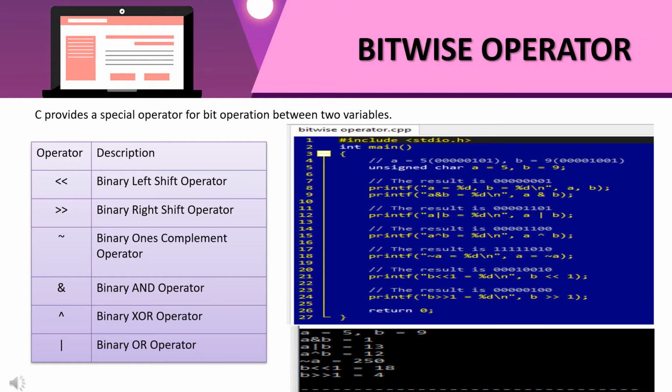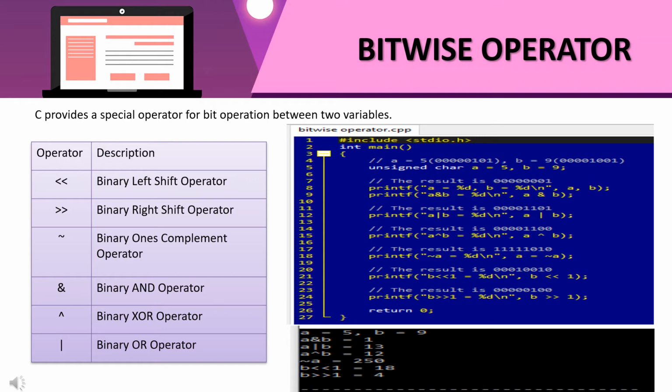As the value of 5 and 9 in binary is 101 and 1001, the result after AND operation is 0001.